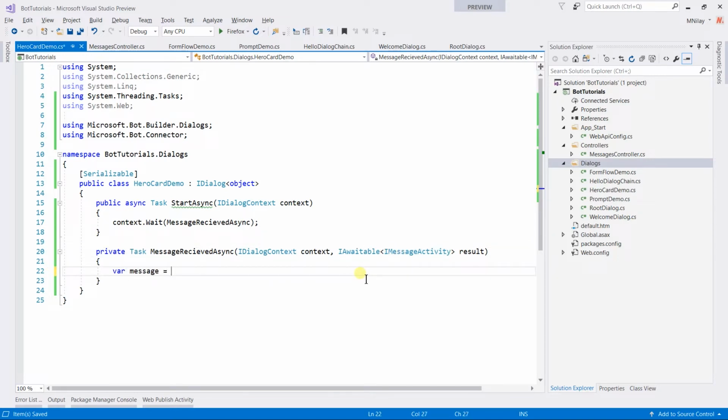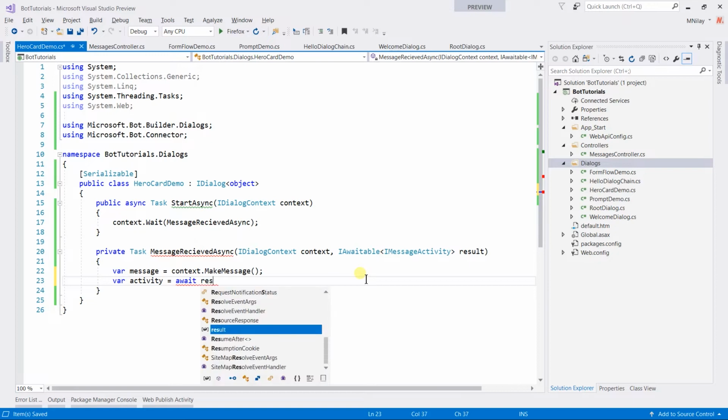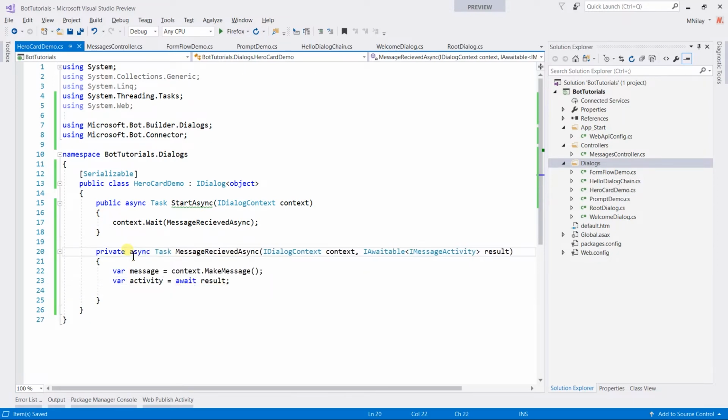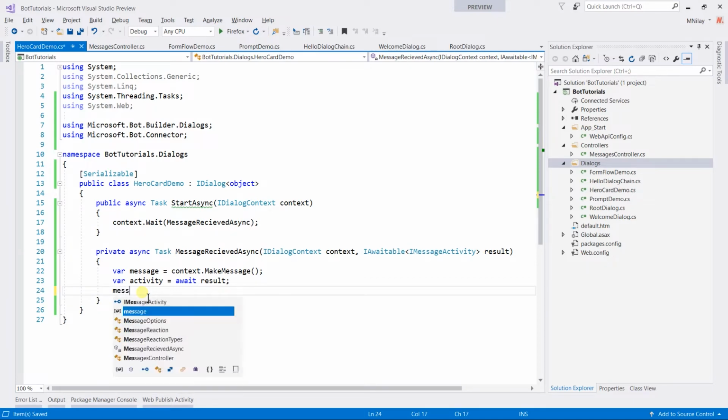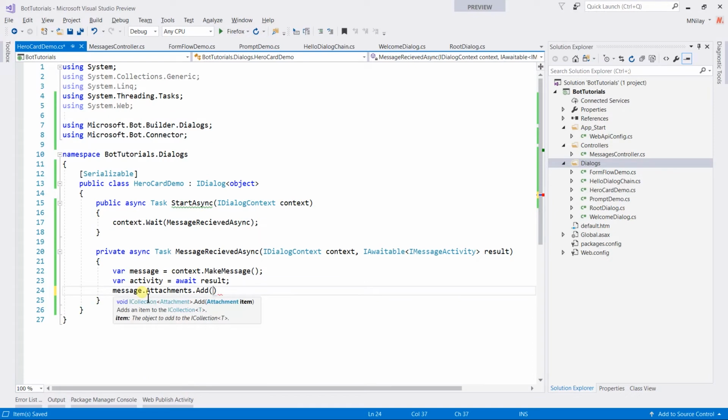Now create a message from context using MakeMessage method and obtain activity from the result. Make it async. Within message we can add various kinds of attachments. So write message.Attachments.Add. This method will take attachment as parameter. So write GetCard and pass activity.Text which contains text that user writes in bot. After creating a message, use PostAsync method to send this message to our bot. Create this method